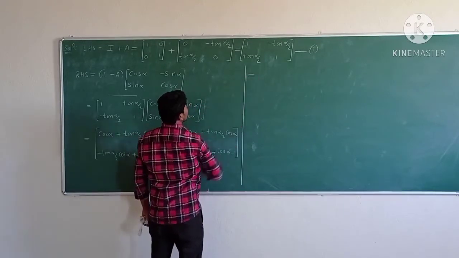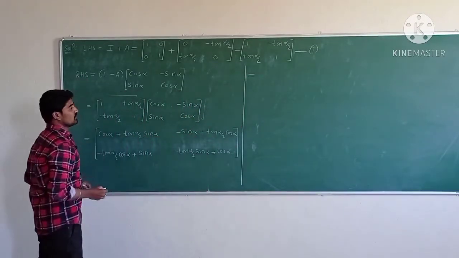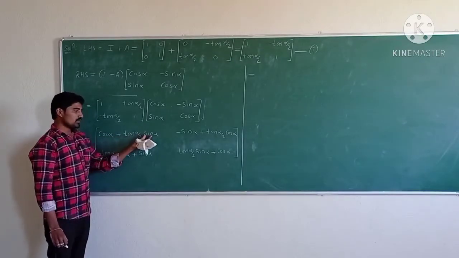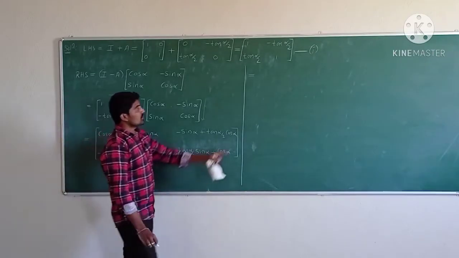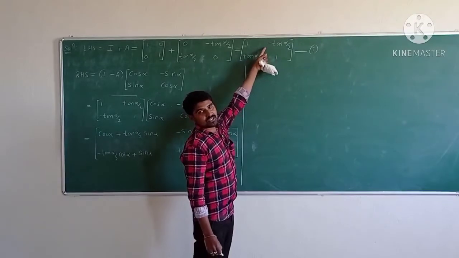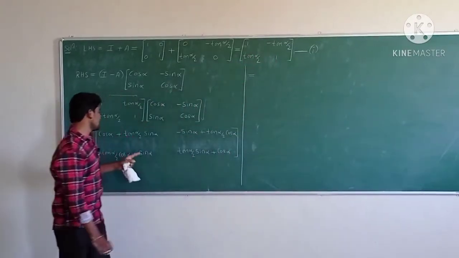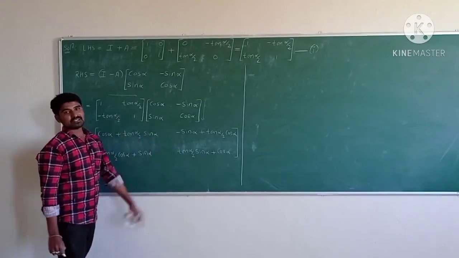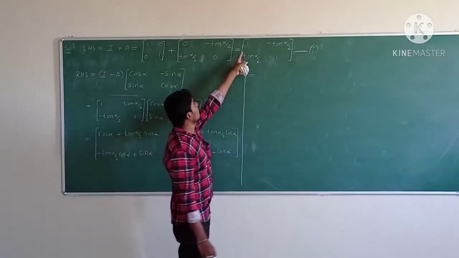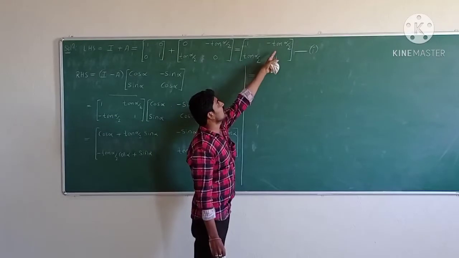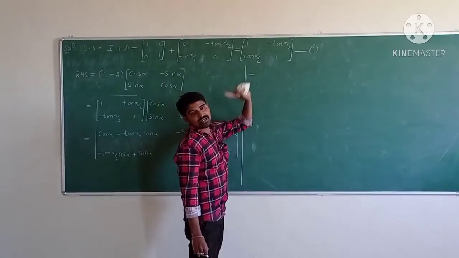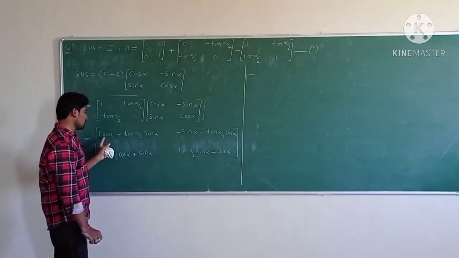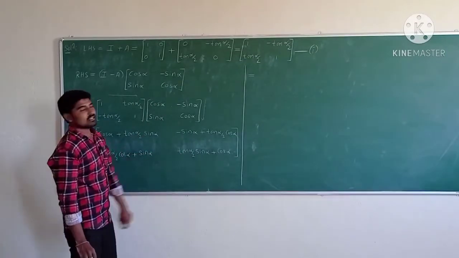The RHS is equal to cos alpha plus tan alpha by 2 into sin alpha. We must check that, and we must try to write cos alpha and sin alpha in terms of tan, because this LHS consists of 1, minus tan alpha by 2, tan alpha by 2 and 1. So we are proving, so we must try to express this cos and sin in terms of tan.